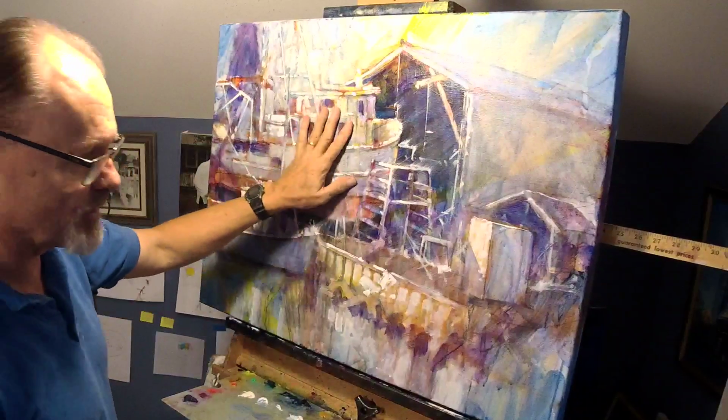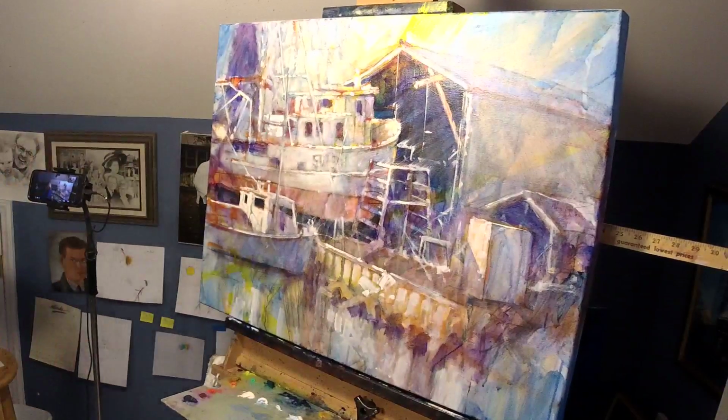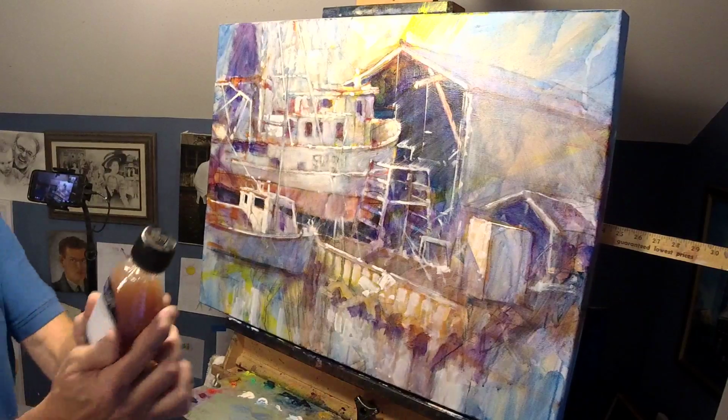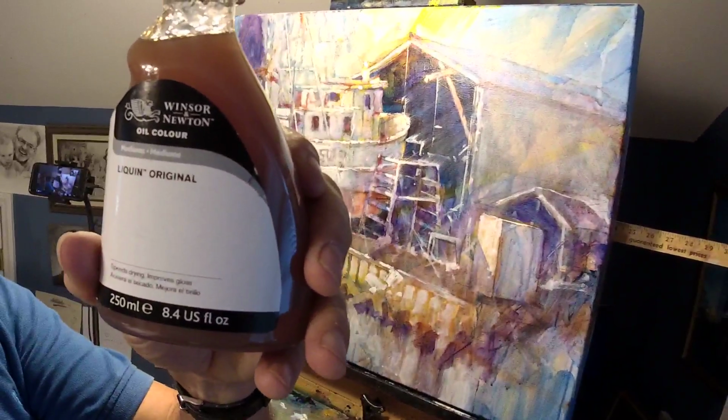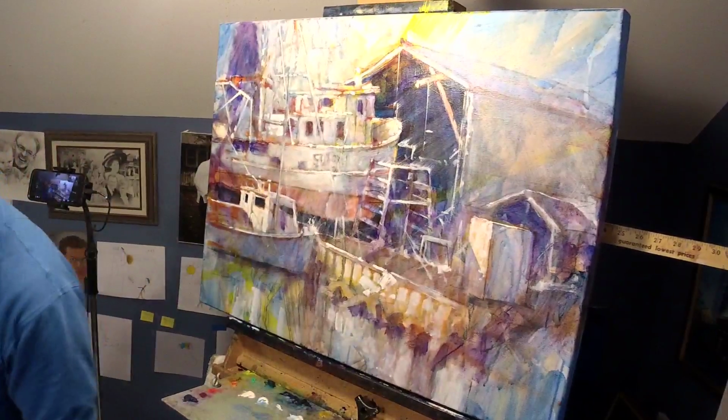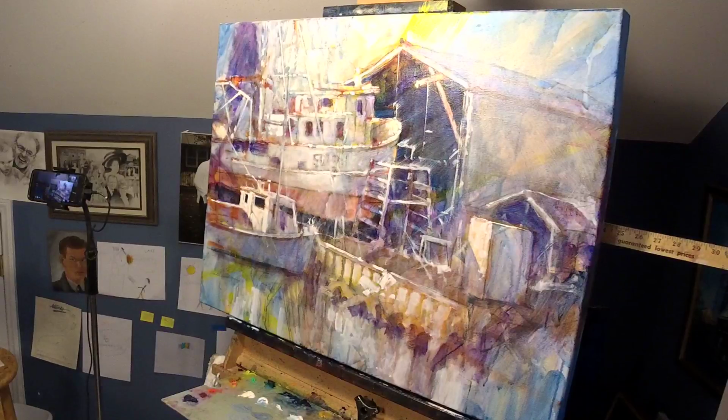Now I'm switching to oil, and the magic formula, the magic bullet here is this stuff right here, Liquid Original. It's a medium, of course, made for oil paints. But what the Winsor Newton people that make Liquid don't advertise is that